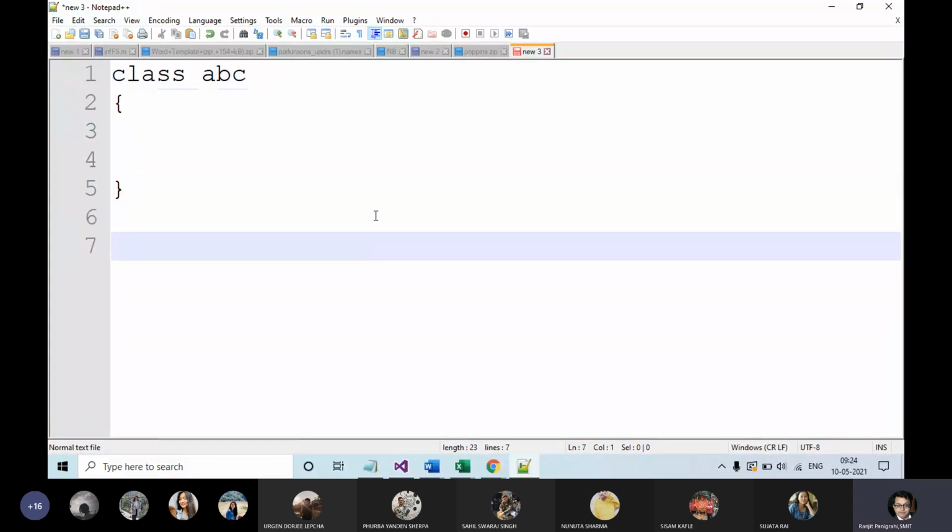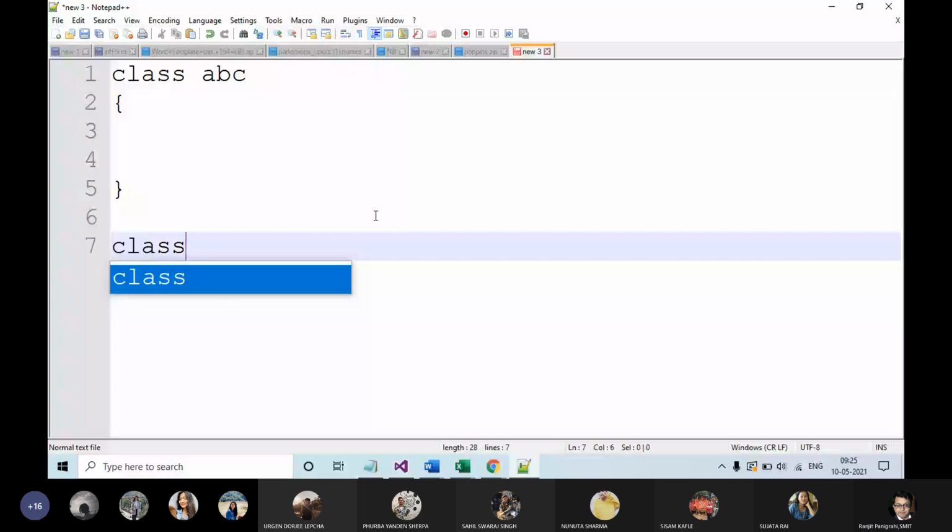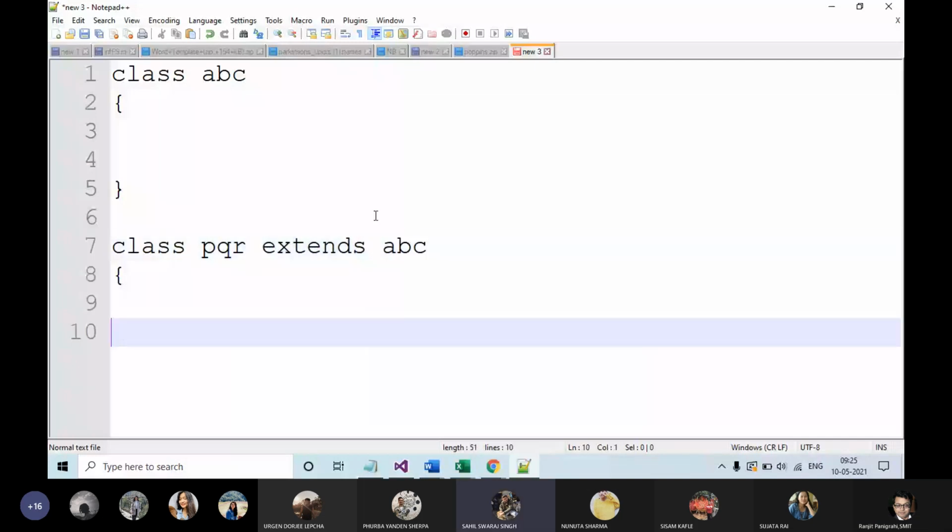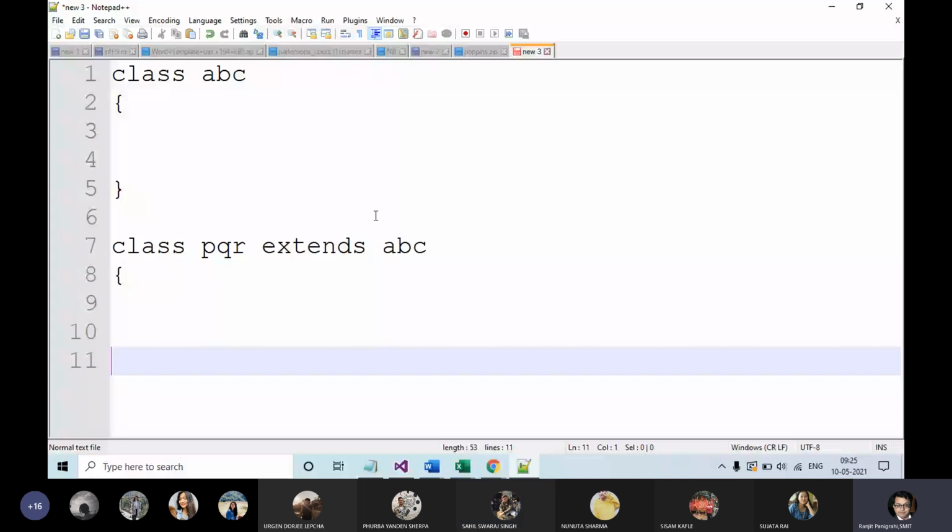I'm writing the Java source code over here, then I'll come to C#. Class ABC. Then there is another class, PQR extends ABC. Do you remember? So the PQR class is inheriting from the ABC class, right?